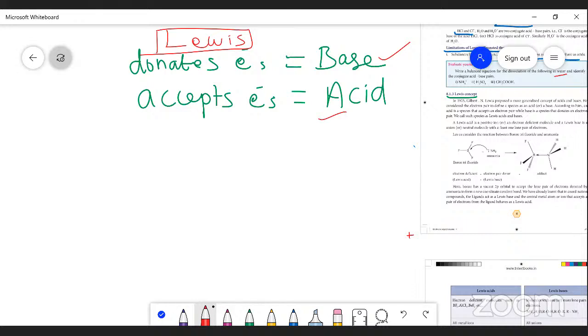For example, BF3 is electron deficient. When BF3 is treated with ammonia, the ammonia has a lone pair of electrons. It is donated to the vacant BF3. As a result, you get a coordinate bond between the BF3